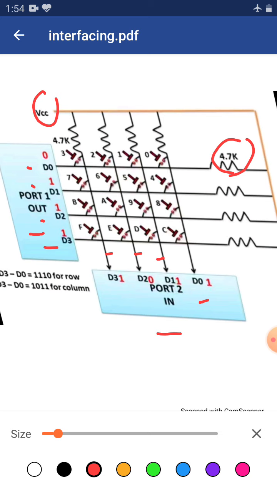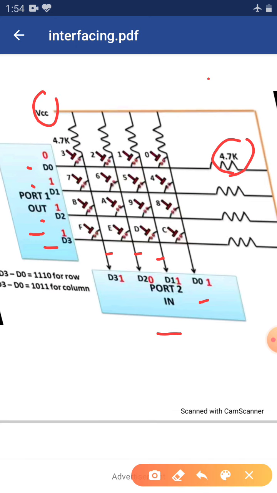When any particular key is being pressed, then the 8051 identifies that particular key. Let us see how it happens.